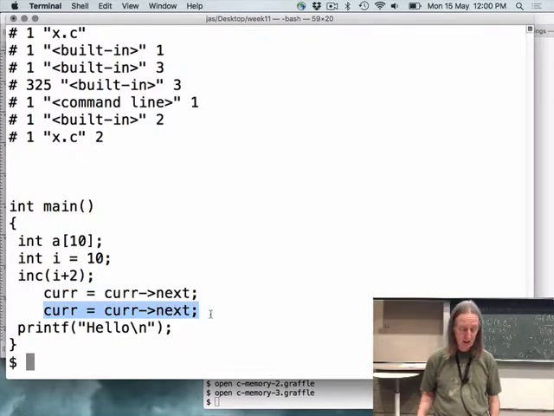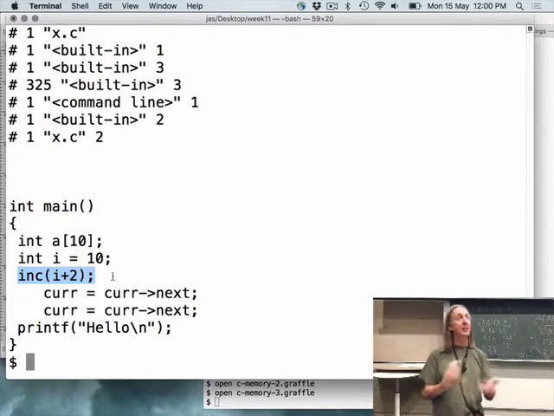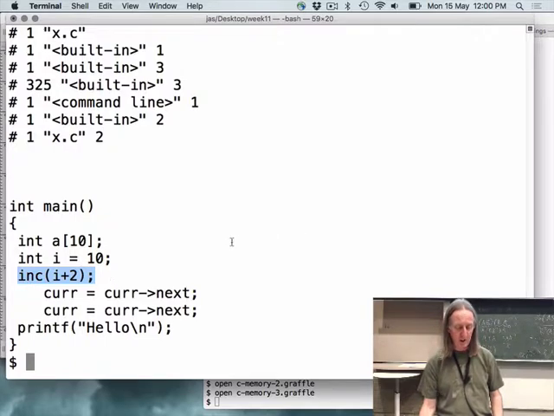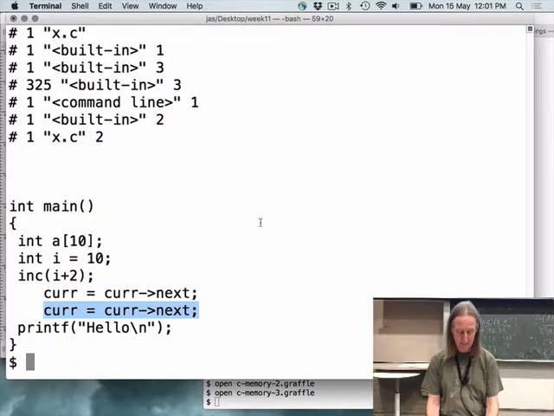Okay, so potentially useful. The other thing to notice is that the inc, because I don't have a hash define for inc, it just leaves it as is, and the C compiler is going to see that and think that somewhere you've got a function called inc. Okay? So there's no transformation that happens there, but this was produced by a transformation because of the move hash define.